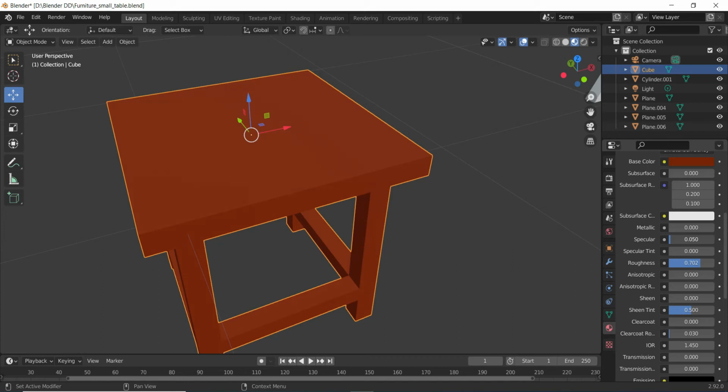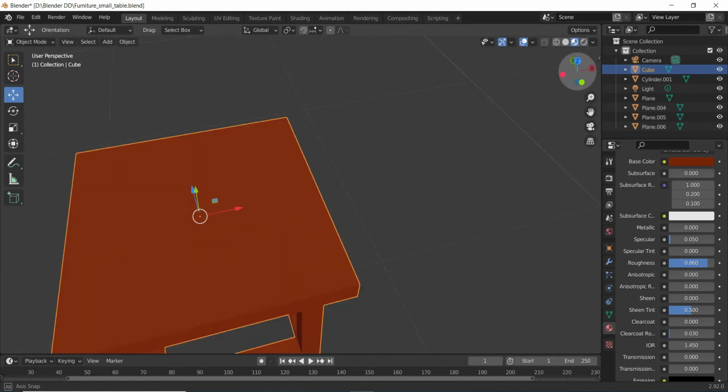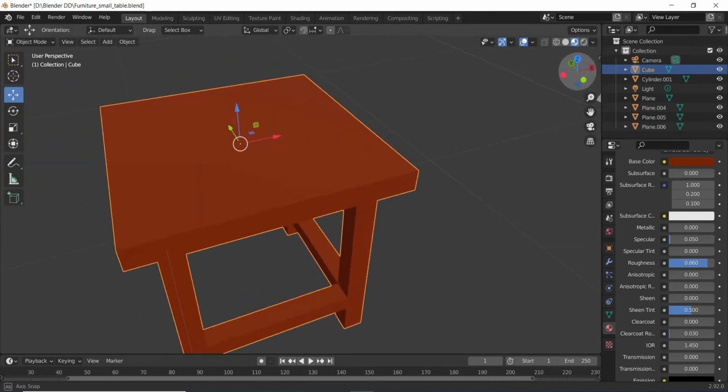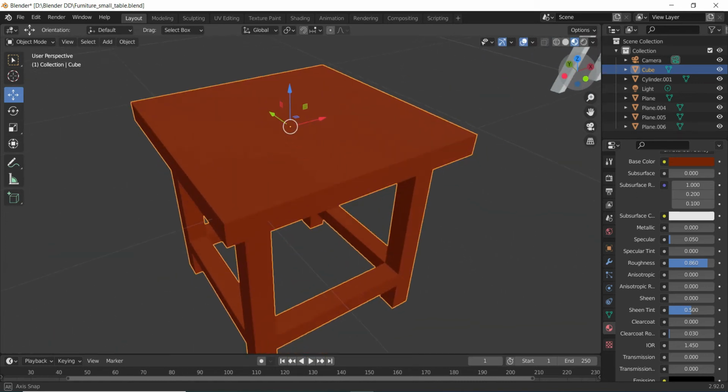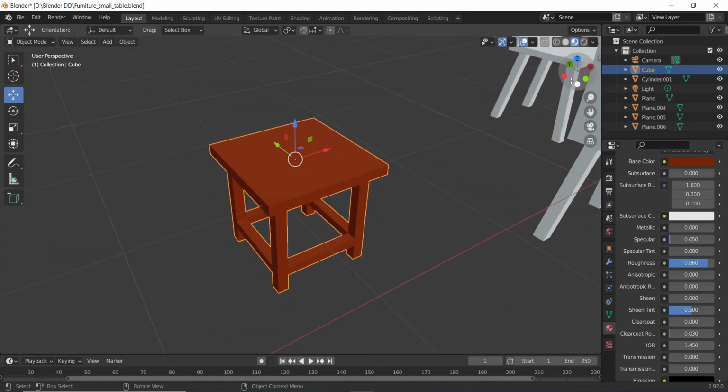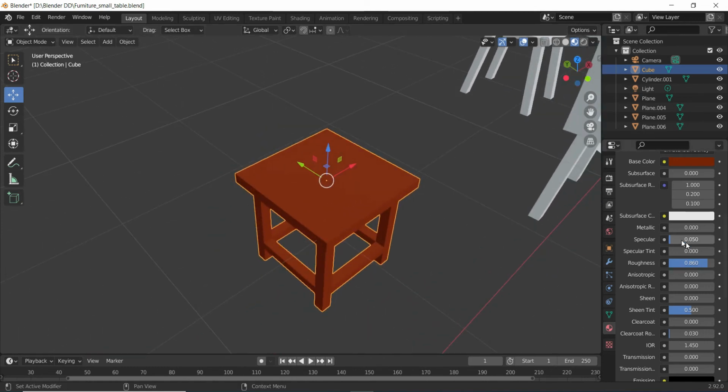If the specular is at a very minimum value and I keep the roughness on the higher side, you can see no reflection whatsoever on the object. So according to your need, you need to adjust the specular or roughness value.